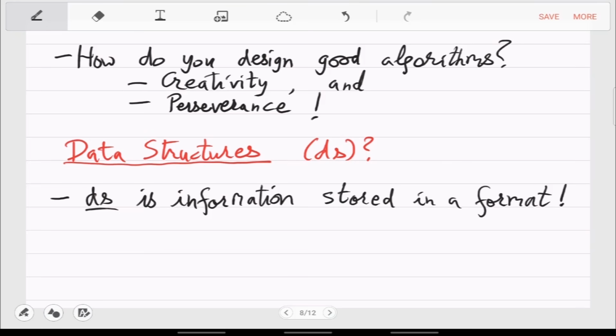Okay, so it is just whatever database you have, or whatever in fact information you have, you store it in a formatted way, so that will cost some time, but it is seen as a one-time investment. So you make that investment so that the data is stored in a proper format, and then as more and more questions about that data come, you give algorithms for that. Okay, so it's kind of a policy decision that you make in advance. I mean, if you are starting a bank or if you are starting a startup, then how your data will be stored, this is a policy decision you have to make in the beginning.